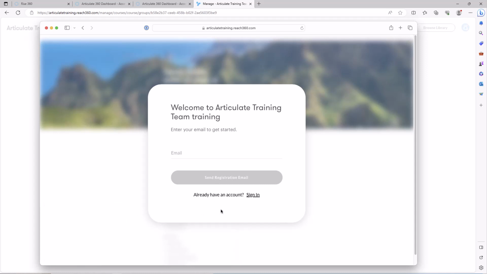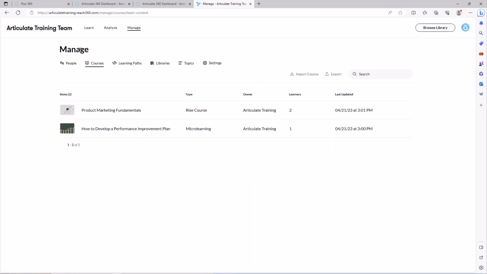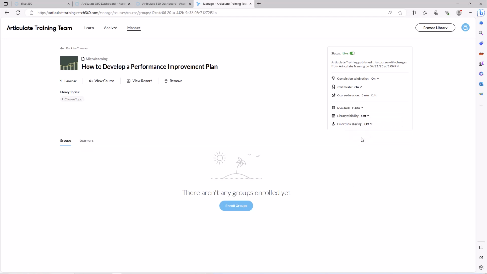Now, what about content or courses that are in a different library, or maybe the visibility is turned off? Let's see if that's what this is right here. Direct link is turned off. Our visibility will turn off. And so at this point, it's not found directly. So we want to go to the browse library and then select the course, right?